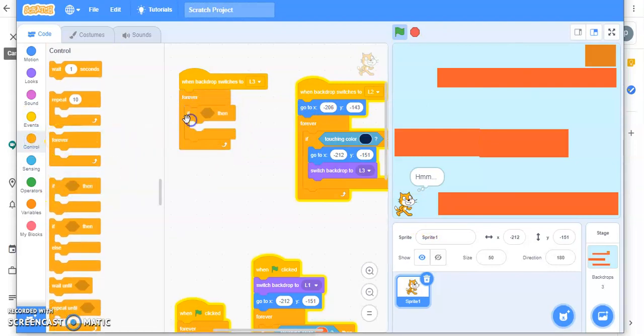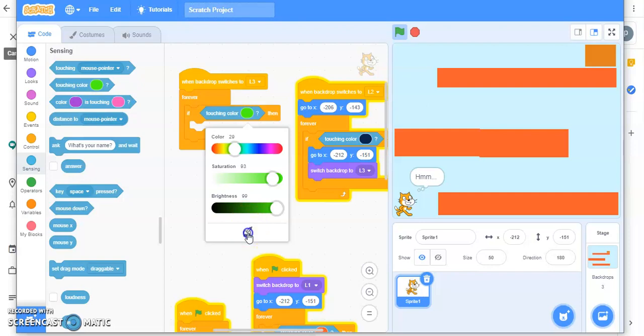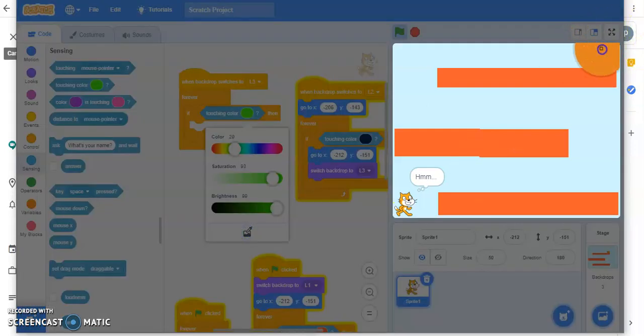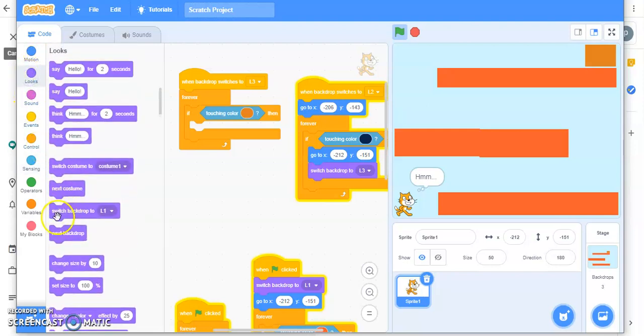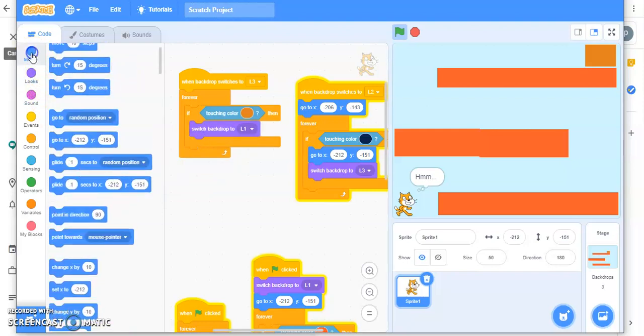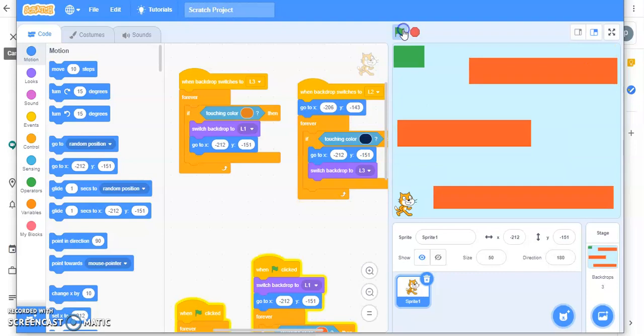If it is sensing the color, change the color. If it is sensing orange color, light orange color, then it should switch back to level 1 and the position should be where it has started. Let's test.